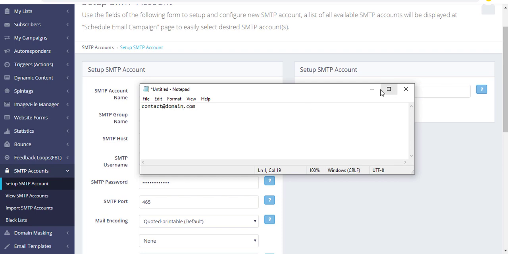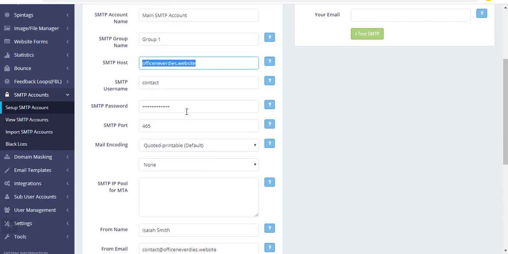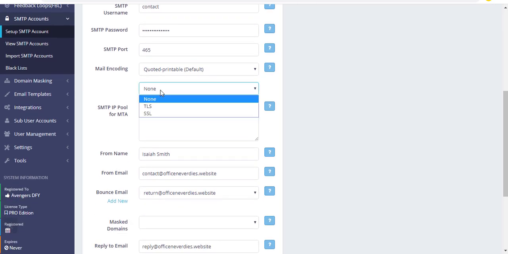But in this case, since PowerMTA is installed, we just have to enter the username only, and the SMTP password is by default your sending password, and the port is 465. Generally, Vista CP requires SSL for 465, but PowerMTA doesn't require SSL for sending on 465.